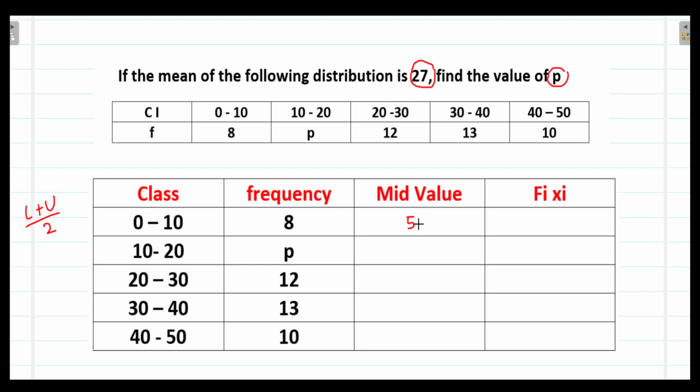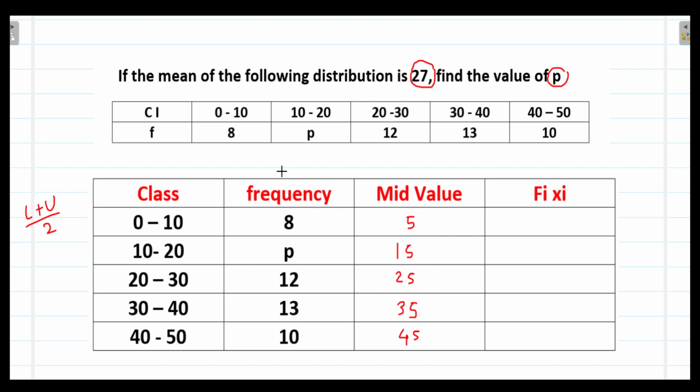This I have already explained in the previous episode. Now here 10 to 20, there is no need to check this. Just see what is the common difference. The common difference between these two is everywhere 10, and since the common difference is 10, just go on adding 10 in the next mid value. So first mid value is 5, so add 10 to it, and so it will be 15. Then add 10 to it, it will be 25. Add 10 to this, that will be 35, and last will be 45. Now here you have got the mid value.